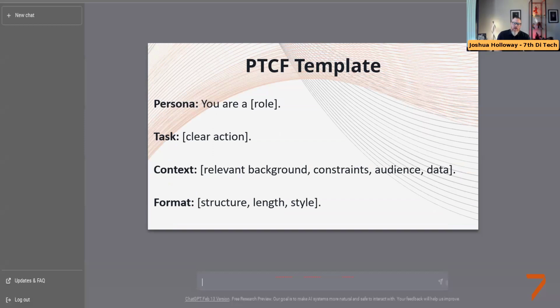Moving on. So here is what a basic template would look like, and then we're going to show you real world examples. So you are a role, here's my clear action, my relevant background, constraints, audience data, and then format, here's my structure, length, and style. So as we get ready to demo,